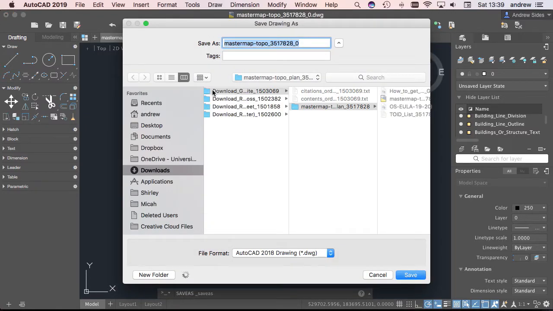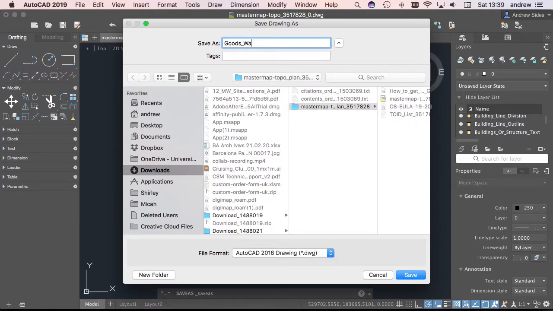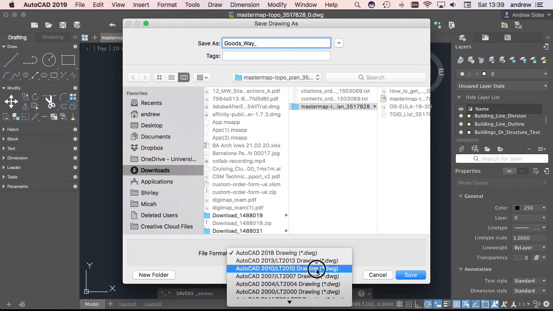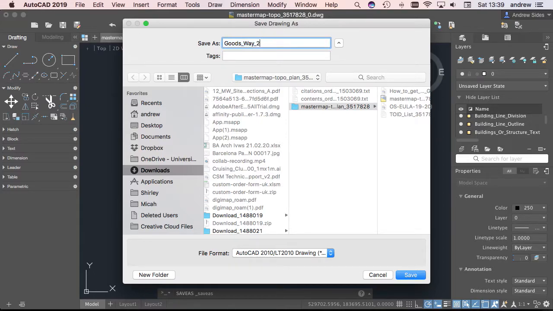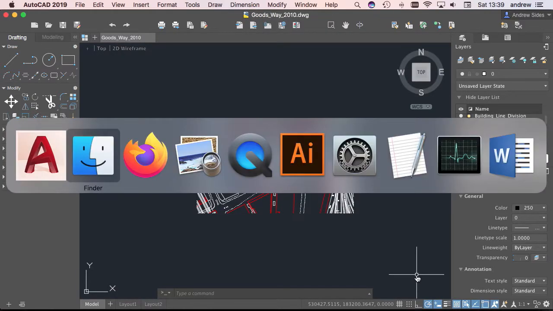So what I'm going to do is type, and I'm going to title it with a version number. You can see at the bottom the file format automatically is the 2018 DWG file format. I need to go back in time to 2010, and save a 2010 version. That's the version of file that will be acceptable to Illustrator. So here I am, saving a slightly older file format. Save it. And now I can go to Illustrator